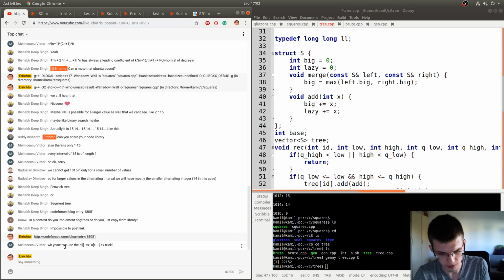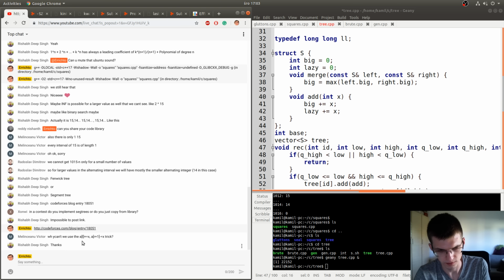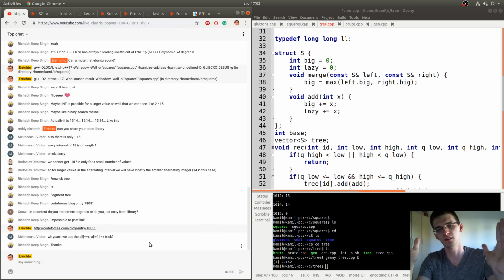Why can't we use... okay, so if there's an interval, the question is, why can't we just increase the value here by x and decrease here by x? The answer is, okay, so if you do that, how do you then answer about this smaller interval or something bigger like this? You only change two values.